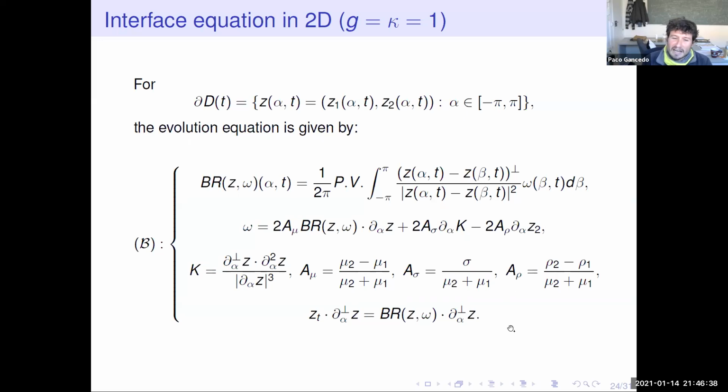Essentially, it's similar, but it has more features. I have a difference of viscosity, I have surface tension, I have gravity, okay? And I have capillarity. I have not only the surface tension coefficient, I also have the curvature or derivative of curvature, okay? So this omega is just the amplitude of the vorticity. We're going to have a vorticity concentrated on the interface, and it's given by this non-local relation using the double layer potential, if you prefer, of the Dirichlet-Neumann map, as you wish, and then moving Muskat, which moves in the normal direction. Okay.